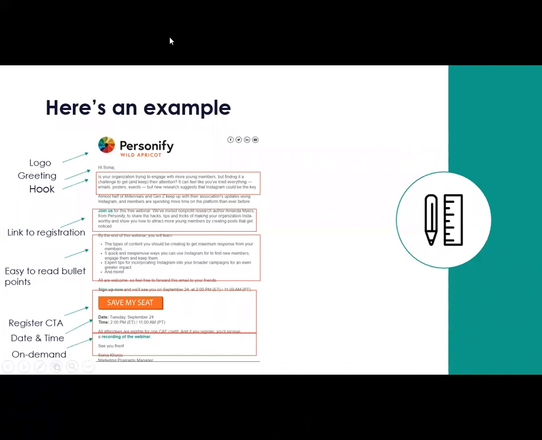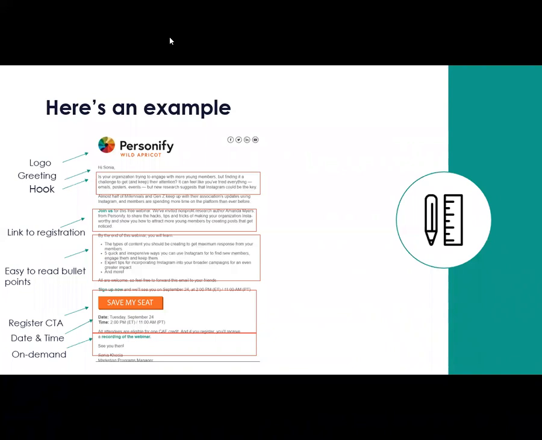And then last but not least is the aspect of on demand. The on demand lets them know that even if they can't make it, it's still worthwhile to sign up because you're going to get a recording of the webinar. And the recording of the webinar is also bolded and linked strategically. So you think, maybe I can just access the recording right now, or take a look at it right now, which you can always do. You can always navigate them to a different page on your website. But in this case, that link will lead out to our landing page, which again gives them the call to action to register.